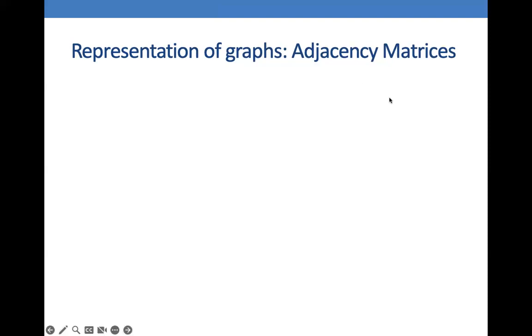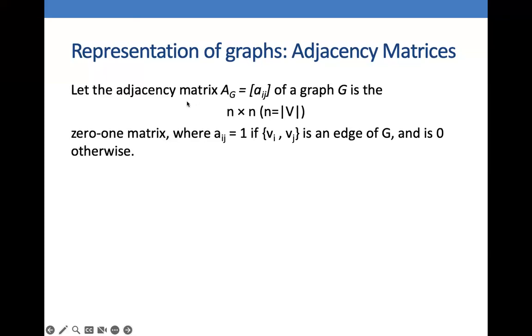And for the other graph representation, which is the adjacency matrix, we have an adjacency matrix A sub G. So we have a graph G, and A is the adjacency matrix, so that's why it's A sub G, and it equals a matrix. So a matrix of elements A sub ij